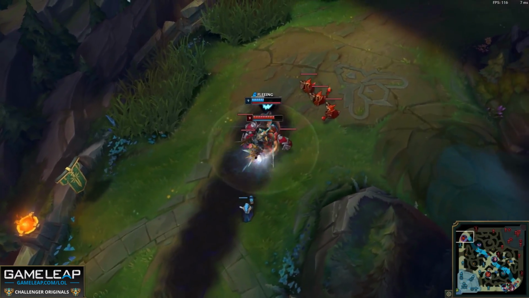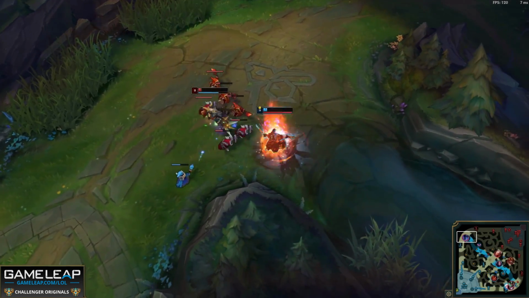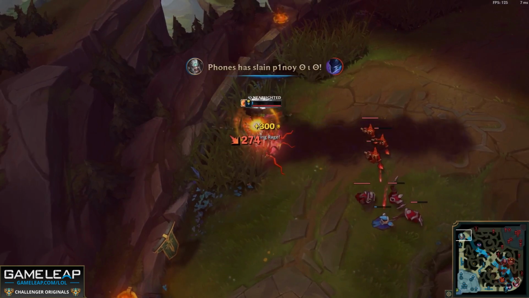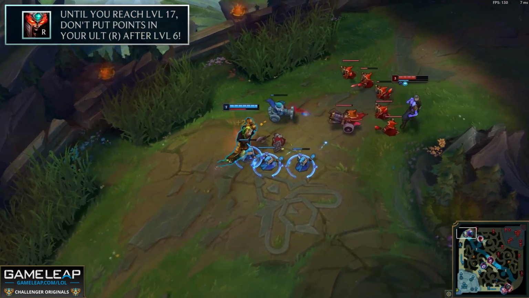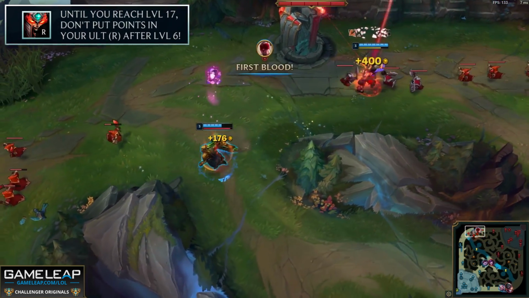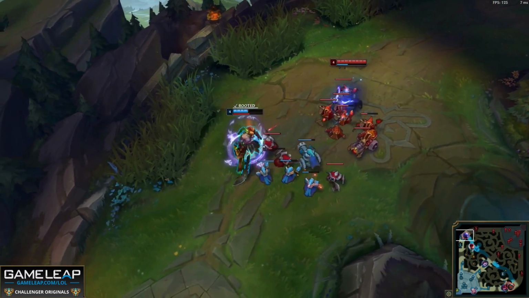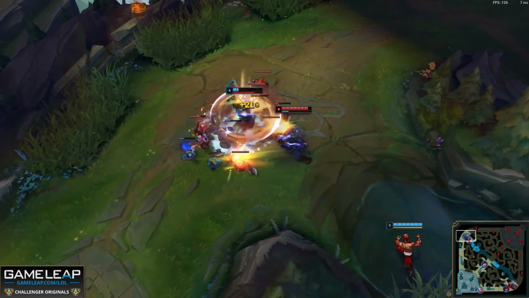Now let's cover some basic tips for Tryndamere's abilities. Remember, this champion is very simple and straightforward, so you're going to be able to do these things just by knowing about them. First and foremost, don't put points in your ultimate's ability past the first point until you're hitting level 17 and 18. The only thing that this is going to do is make the ultimate generate more Fury,